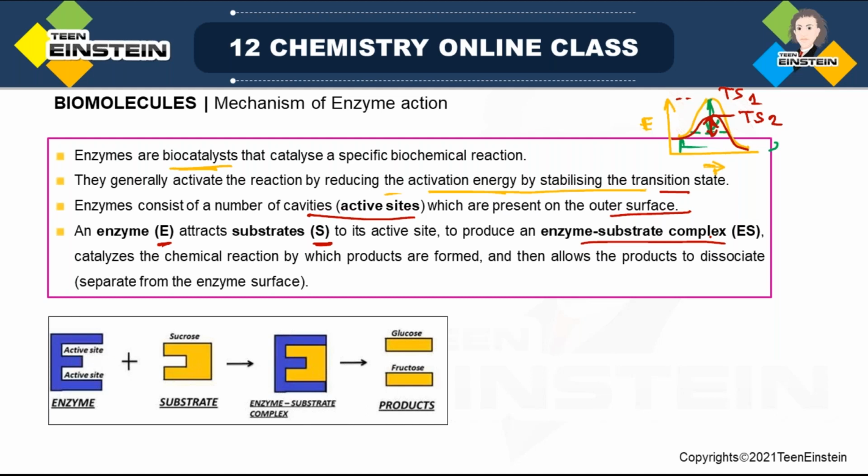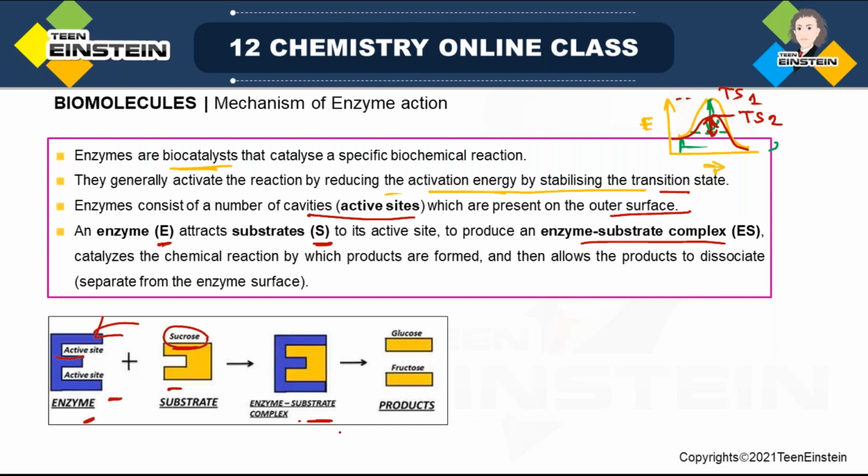So look at this structure. This is the enzyme in blue color. These are the active sites, which have some specific shape, and this shape must be complementary to the shape of the substrate. So here we have taken sucrose, which is the substrate. Remember which enzyme is used for hydrolysis of sucrose? Sucrase enzyme. So this enzyme is sucrase. Now the substrate will be attracted towards this, and there will be an enzyme substrate complex, and the shapes are complementary to